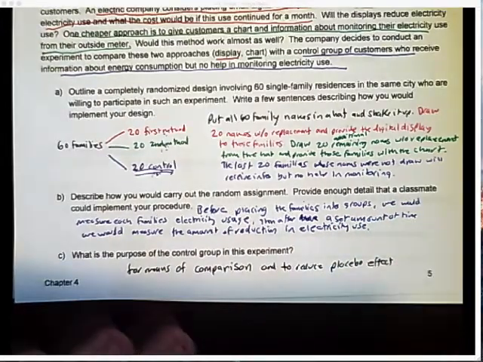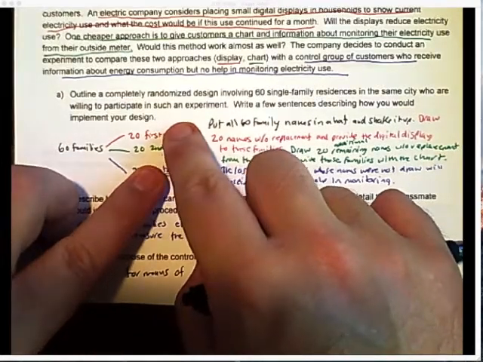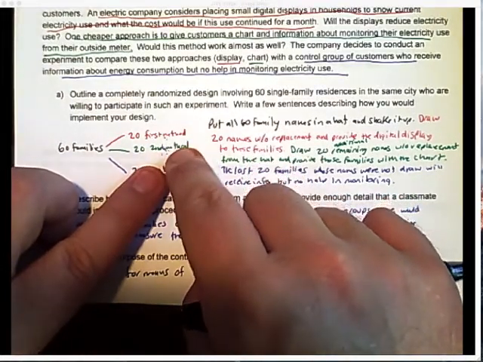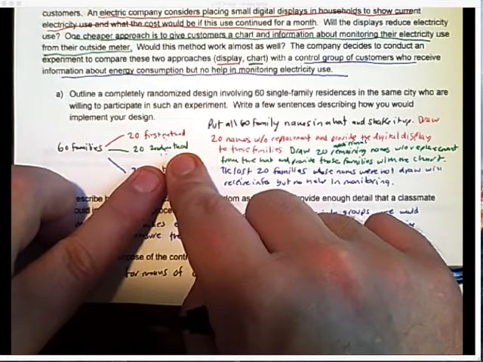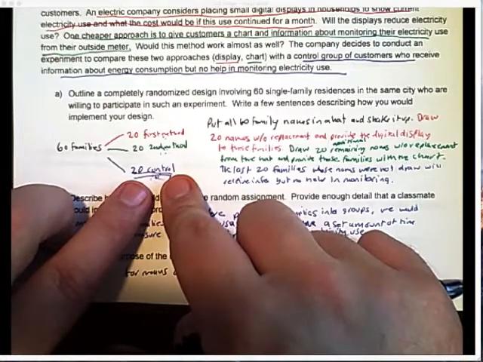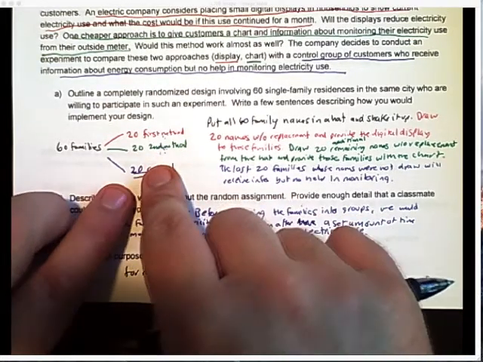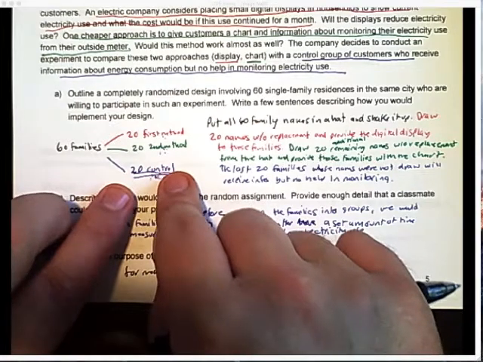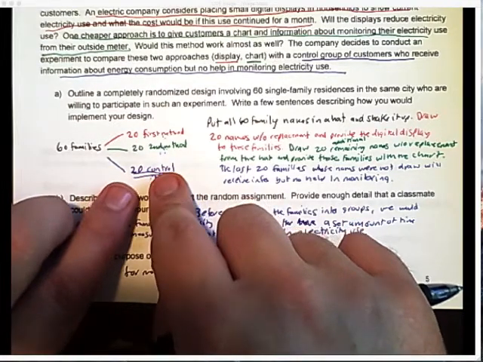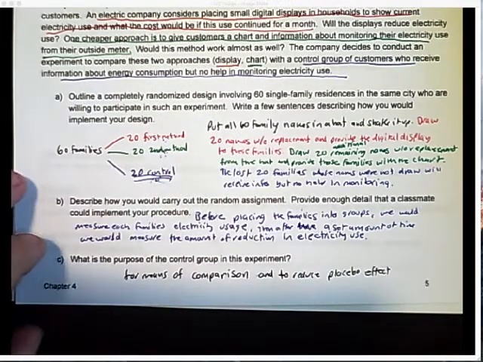All right. Like if we didn't have a control and this first group went down by 10 and this group went down by 5, then we would think that both methods are effective. But what about if the control group also went down by 5? Then we can't say the second method is any more effective than doing nothing. People in experiments tend to change their behavior just because they're in an experiment. So that's why we need a control